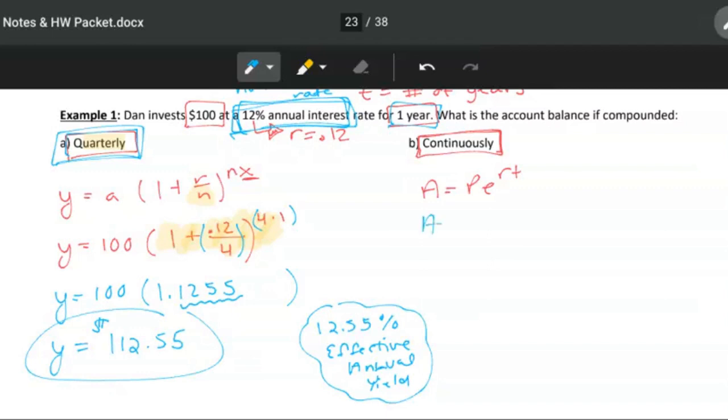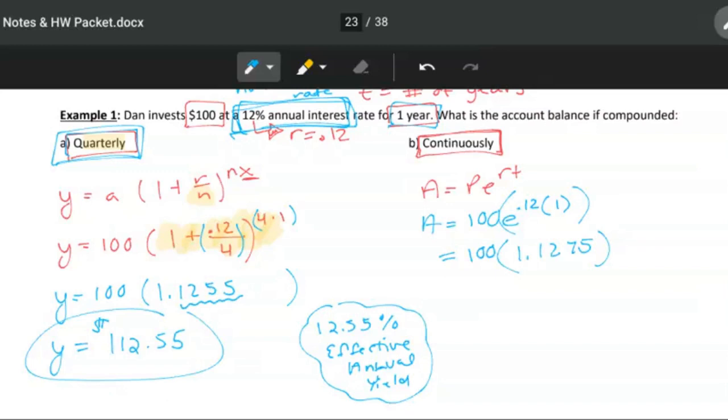All right, for A equals PERT, we said P is the principal amount of money, what you're starting with. That's your $100. E is just the number e. R is 0.12. And we said T is time in years. So same thing. If you wanted to see what your effective annual yield was, leave the 100 out of it. Type just this part into your calculator, which is really just e to the 0.12 power. You get